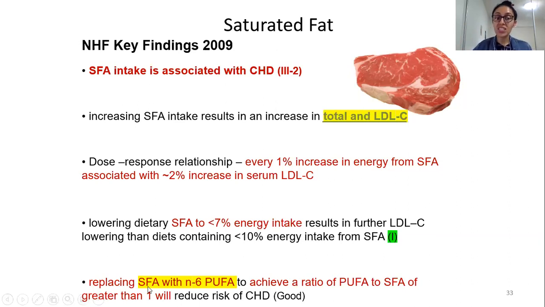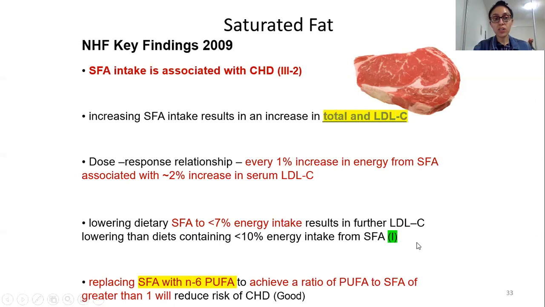So what is the recommendation? Replace your saturated fats. This is particularly talking about animal fats, guys. Within the animal fats, as I said, in recent research we are more concerned about the even chain, long chain saturated fatty acids coming from your meat products. Not that you can have as much full cream milk as you want. No, that is never advisable. Everything in moderation is important, and you will learn more about this if you learn medical nutritional therapy as dietitians. Over here the recommendation is to replace saturated fat, which is your animal fat, with your omega-6.